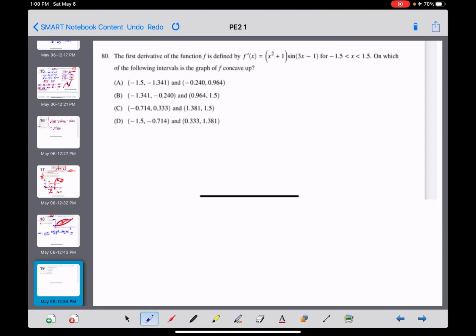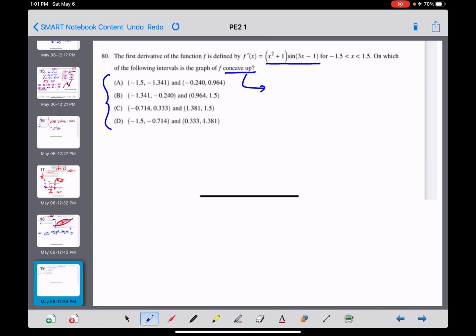Okay, number 80 looks like kind of a tough problem here. They've given you kind of a nasty function, and there's a whole bunch of decimals involved in the answer, so we're definitely going to need our calculator on this one. They're asking you the question right here: on which of the following intervals is the graph of f concave